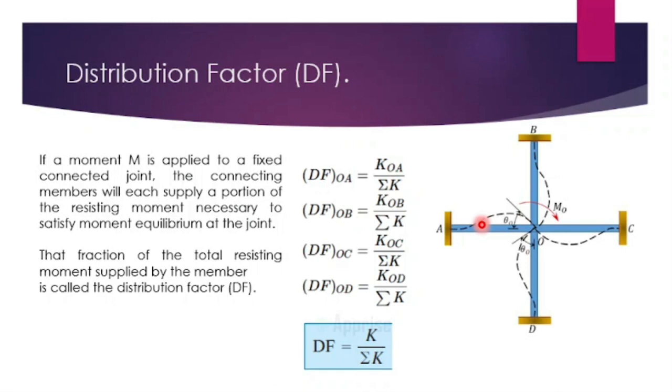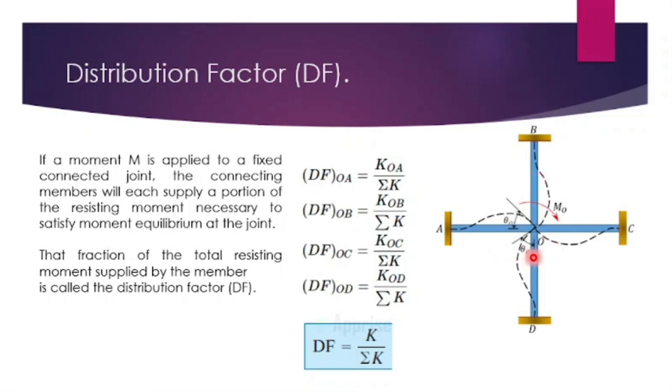So say for example, if this beam, the largest depth beam, is having a distribution factor of 0.8, and the smaller beam on the y axis is having a distribution factor of 0.2. By getting that factor, you know that 0.8 in the sense, if the applied moment is 10 kilonewton meter, this beam will be taking 8 kilonewton meter and the smaller beam will be taking 2 kilonewton meter. So totally you will be having 10 kilonewton meter at the joint. So what the distribution factor says is, whenever you apply a moment, how much of the moment is being taken by each and every beam. So this is why the distribution factor is required.